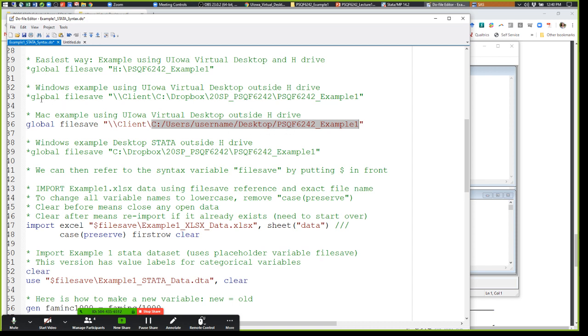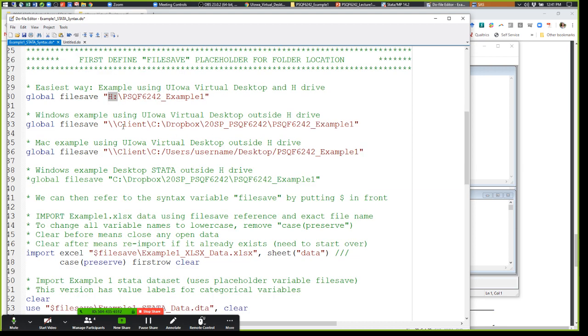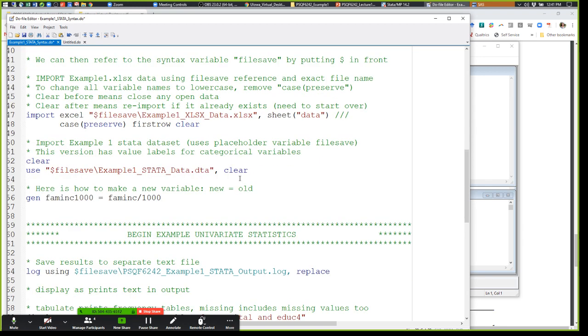instance, on a Mac. What it looks like on my computer is this one, where inside the virtual machine is this part, and then I use Dropbox for everything, and so that would be the path to it. The easiest thing is the first one, which is just the H drive, which it understands without further instruction or elaboration. So I've given you several examples of what this would look like. Which one is most optimal depends on your combination of whether it's Windows versus Mac, whether you're using the H drive or not. And so step 6 is just figuring out how to get the right information into this spot. Once you do that, everything else should run perfectly without any further commentary.